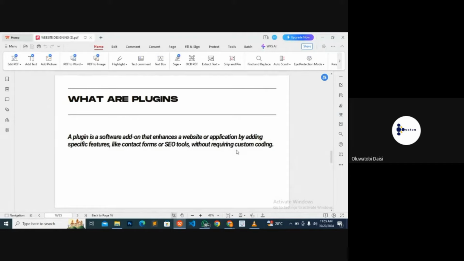So your client comes to you with a project and says, I want people to be able to do this, I want people to be able to do that. When they pay for this, they will get that. When they do this, they will be referred to that. Oftentimes, those functionalities are achieved with the use of plugins. So you want to open a door from one room to the other, you want to be able to carry this on your website, any functionality is achieved with the use of a plugin.